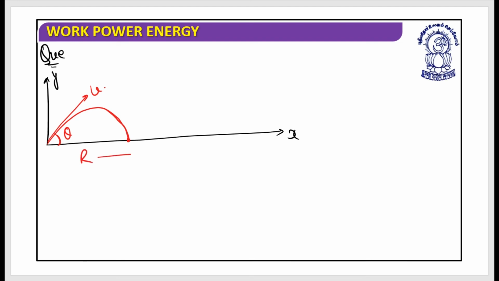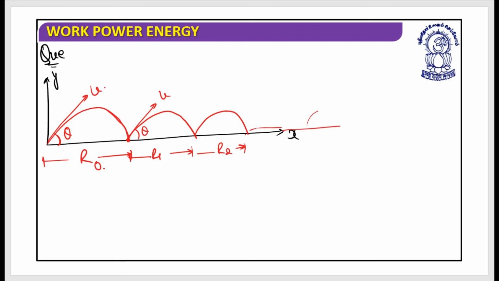So this was the range, or I should say initial range r naught. Now after one collision, it is again going to collide with this. Again this velocity and this theta will remain the same, but let's suppose this is r1. Again one more time, again the parameters remain the same, and r2. And this is, let's suppose, rn. Yes, you need to find out